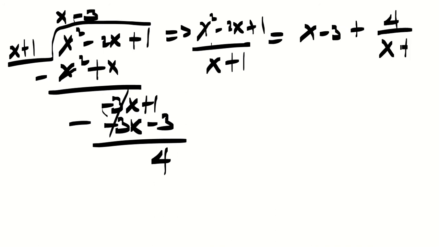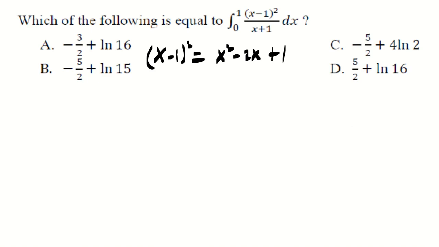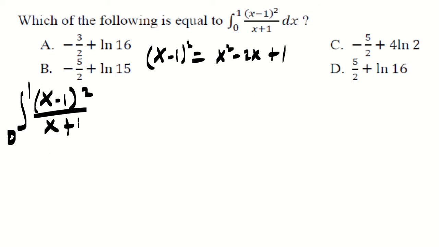which is x plus 1. So the integral of the whole thing means the integral of these terms separately. You can take the integral of x minus 3 dx plus the integral of 4 over x plus 1 dx. Okay, let's get back and do it. So now the whole integral from 0 to 1, x minus 1 the whole squared over x plus 1 dx,